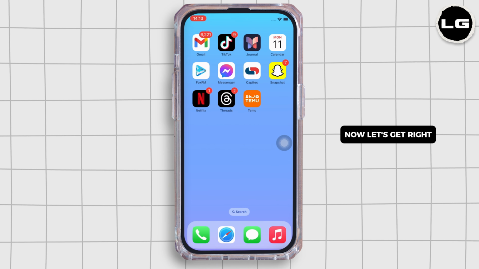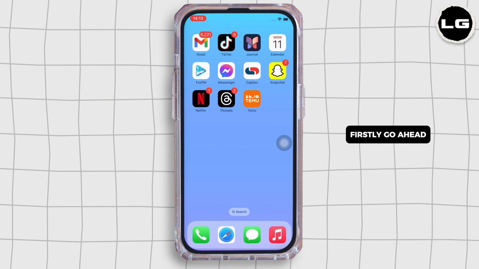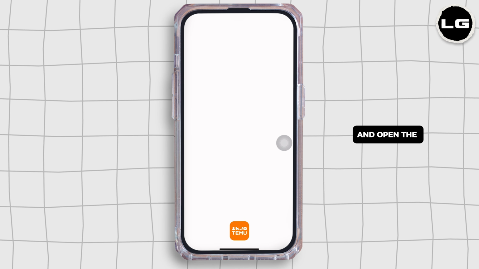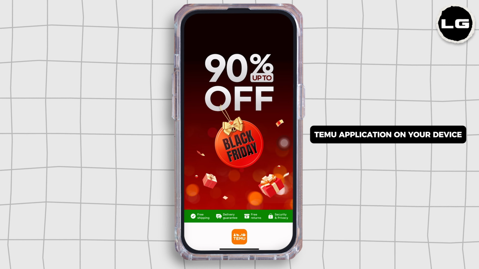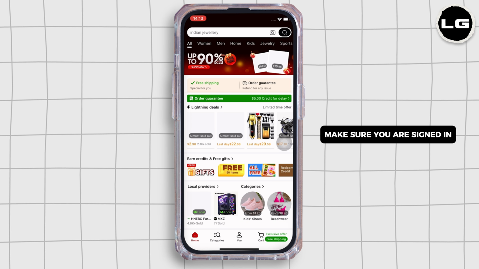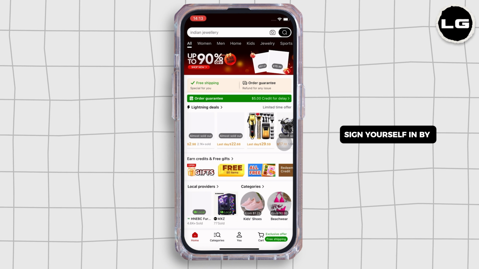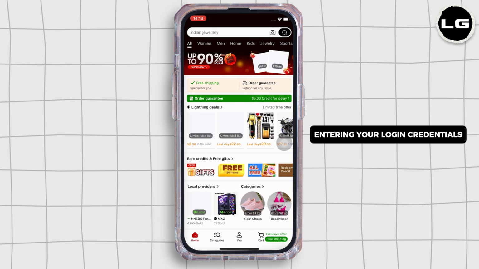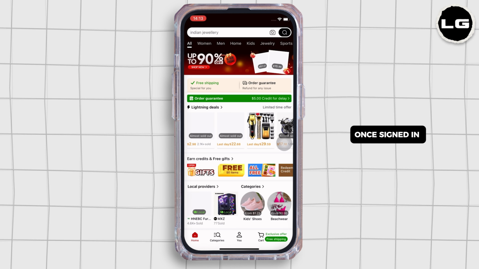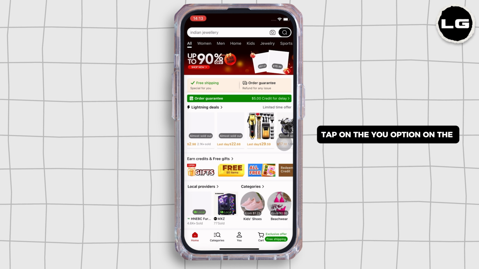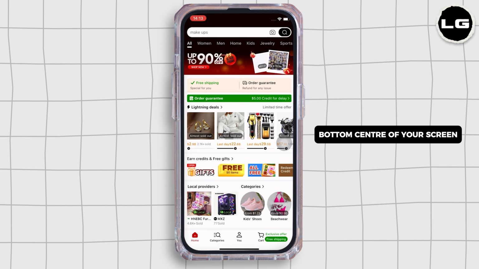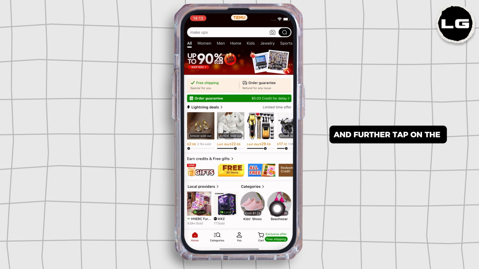Now let's get right into the tutorial. Firstly, go ahead and open the Temu application on your device. Make sure you are signed in, and if not, then go ahead and sign yourself in by entering your login credentials. Once signed in, tap on the View option on the bottom center of your screen and further tap on